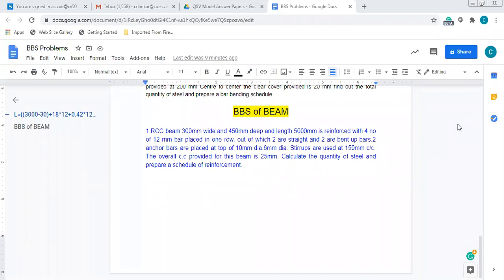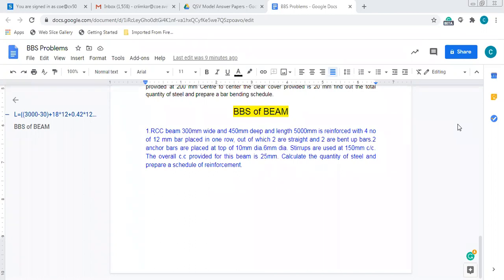For the stirrups they have used 6 diameter bar, which is kept at a distance of 150 center to center. The overall clear cover, that is CC, provided for this beam is 25. We have to calculate the quantity of steel